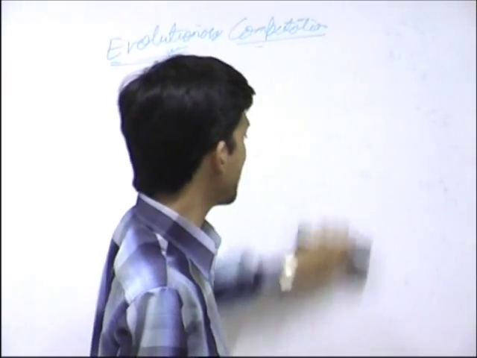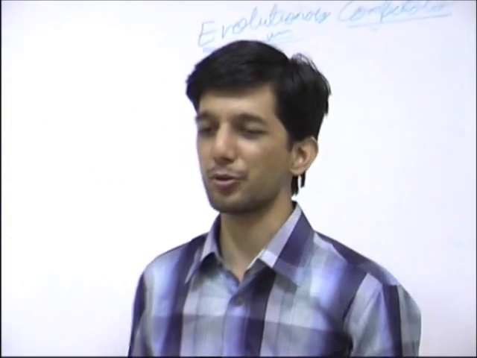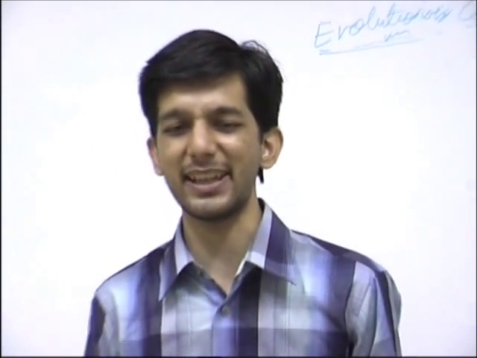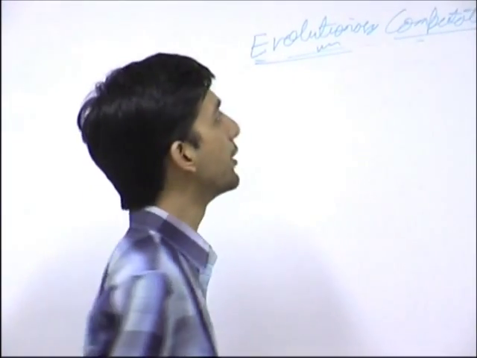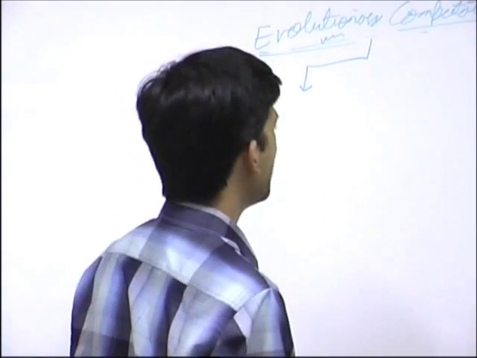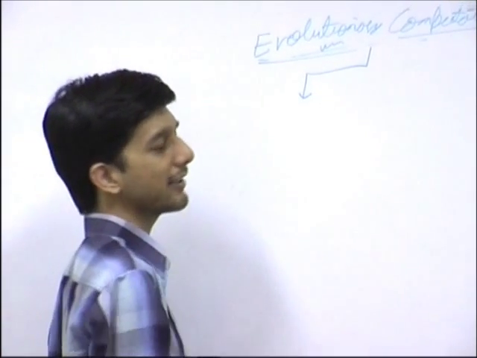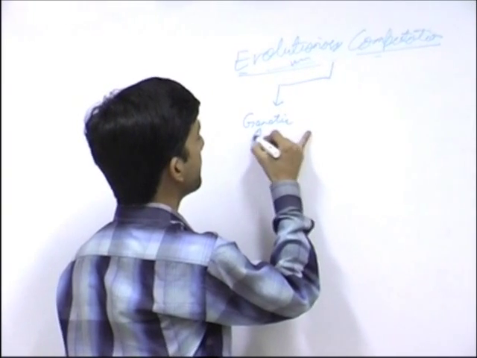Now there are fundamentally various formats. Because the algorithm for evolutionary computing is so general, there are numerous models that you will be able to make out based on this philosophy of evolution. So I made some fundamental classification into which all this would be classified. Basically, evolutionary computation is classified into various fundamental paradigms, what I know as the genetic algorithm,